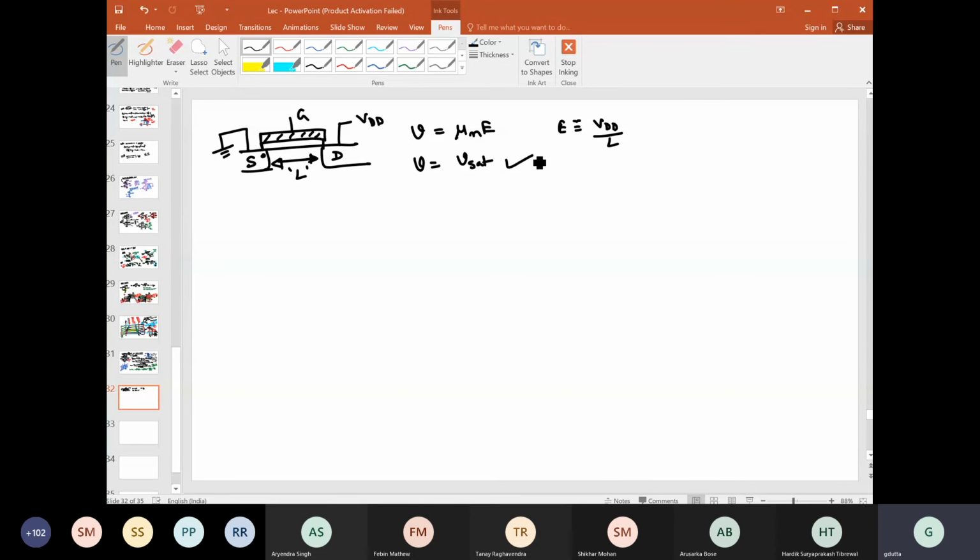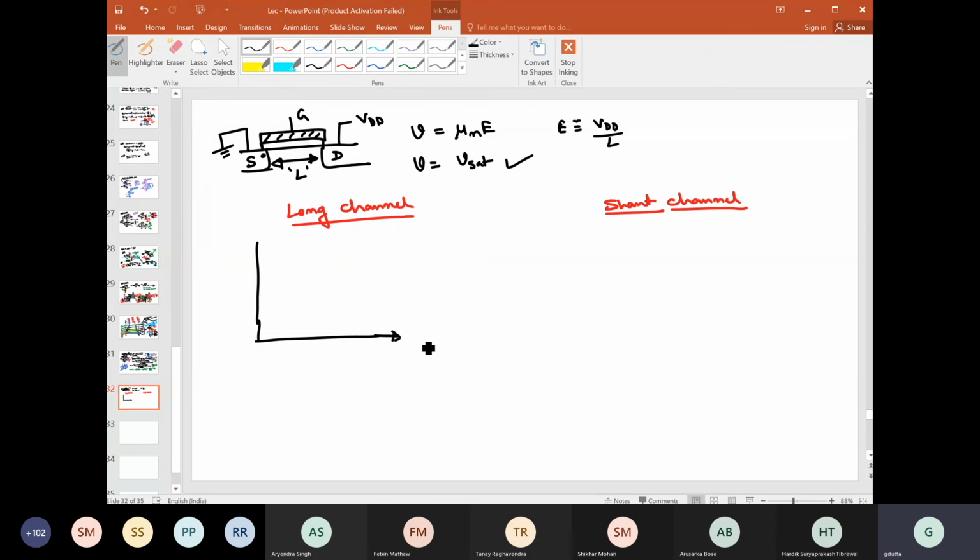So before we discuss those things in a bit more detail, first let us see graphically what the basic differences are between long channel and short channel devices, both in terms of output characteristics as well as input characteristics. So first let us discuss the long channel one. Long channel, and this is short channel.